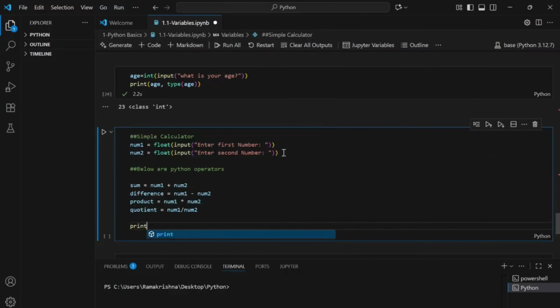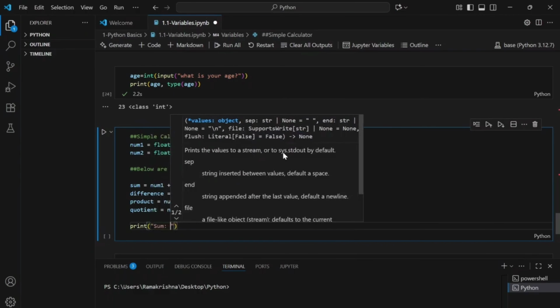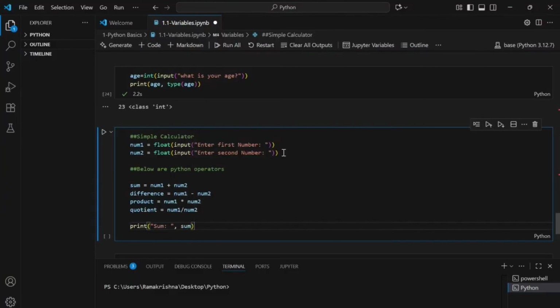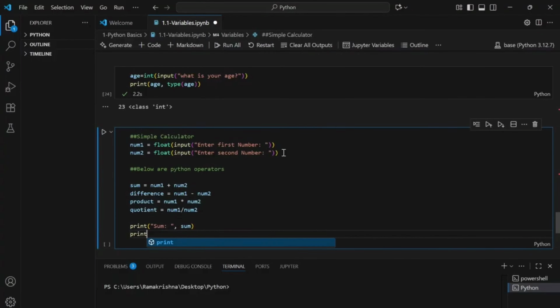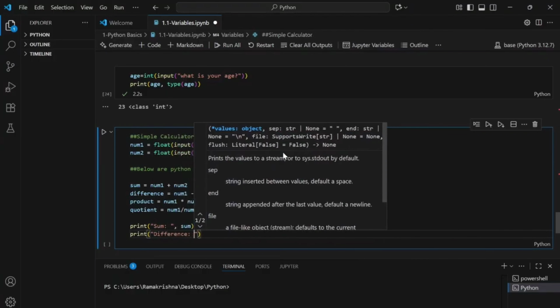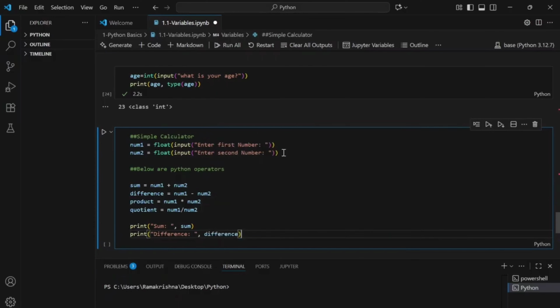And then let us print the value of all these variables. Sum, comma, sum. Similarly, I'll be printing the difference, comma, difference.